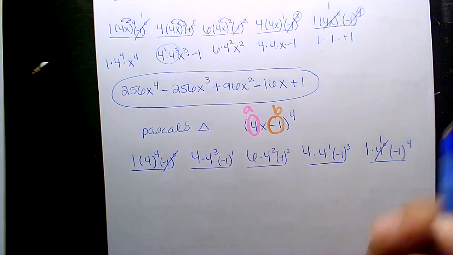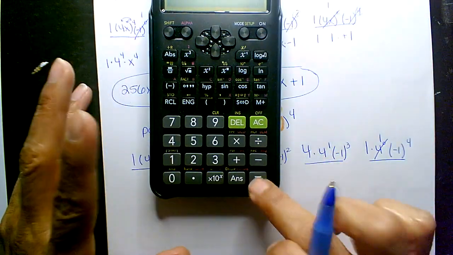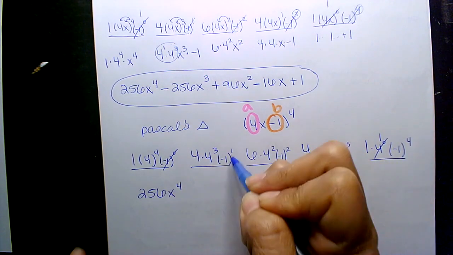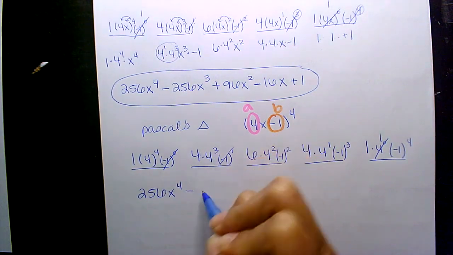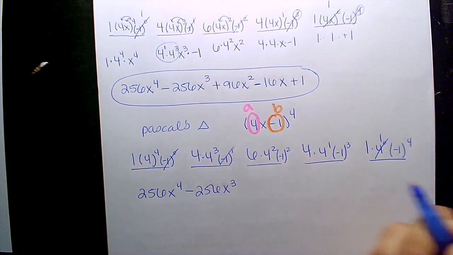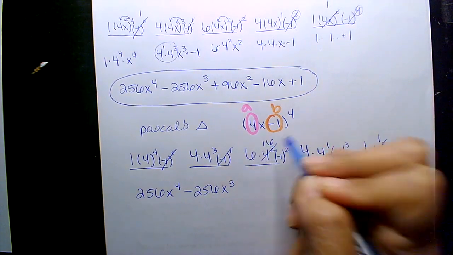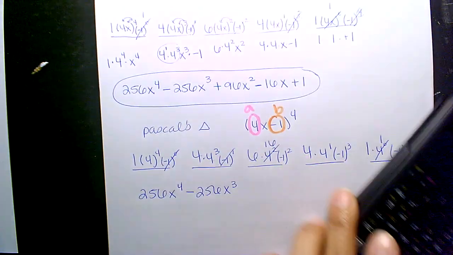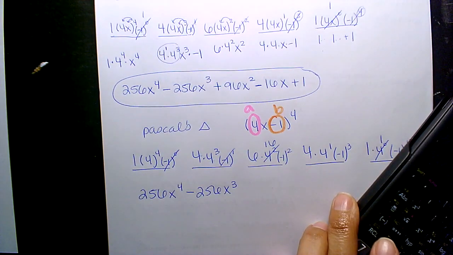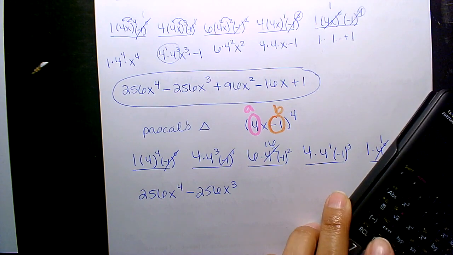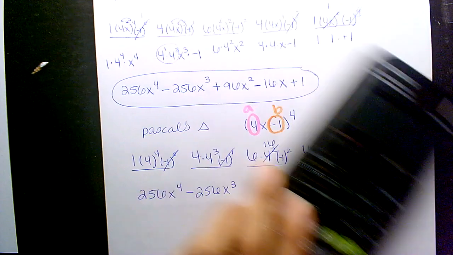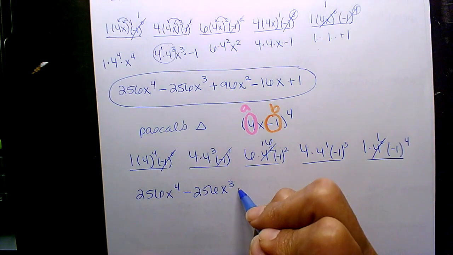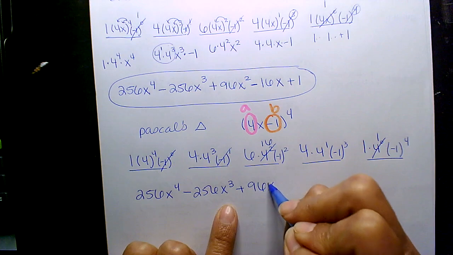4 to the 4th power is 256, right? It's 256. So 256, and then I know it's x to the 4th. This is a negative number. 4 to the 3rd, 64, x cubed. 6 times 4 squared, that's 16. 6 times 16 is, why is it different? You put 6, I think. On your calculator, you put 6, it says 16. No, right? Oh, it is 96, yeah. Oh, I don't know my brain. Okay, x squared,